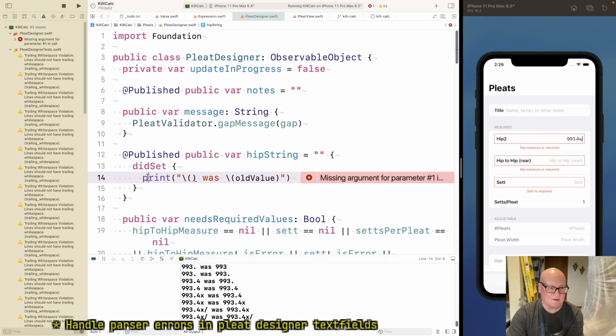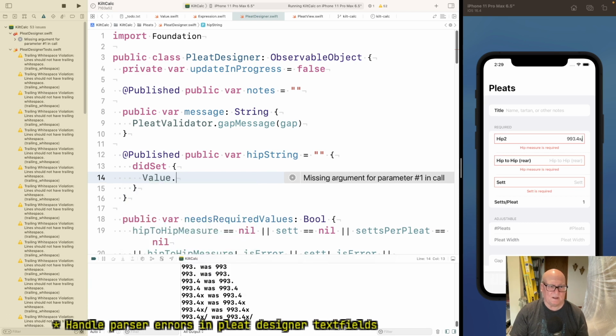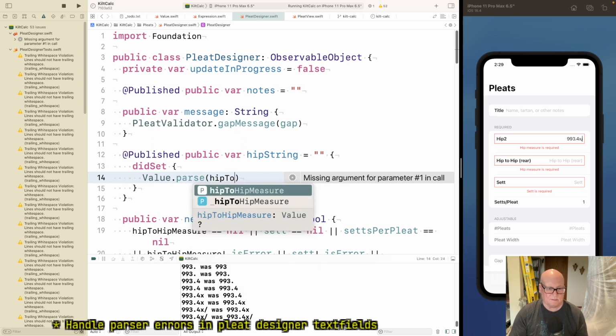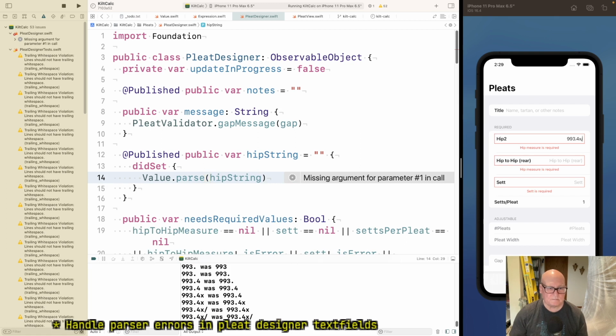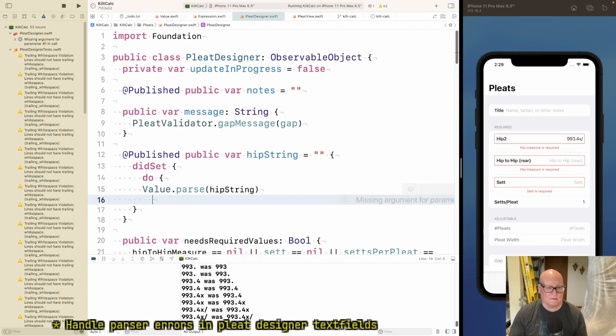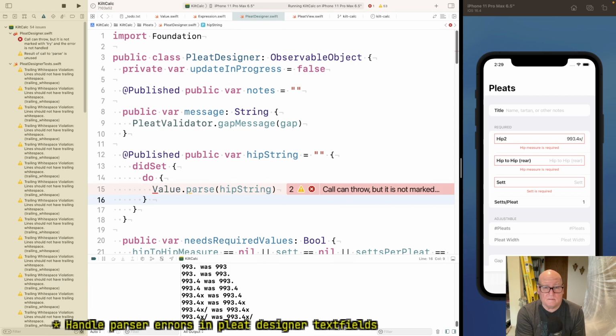All right, so now if somebody sets this thing, we can say value.parse of old, well, hip to hip of hip string. Let's do. Okay. Yeah.